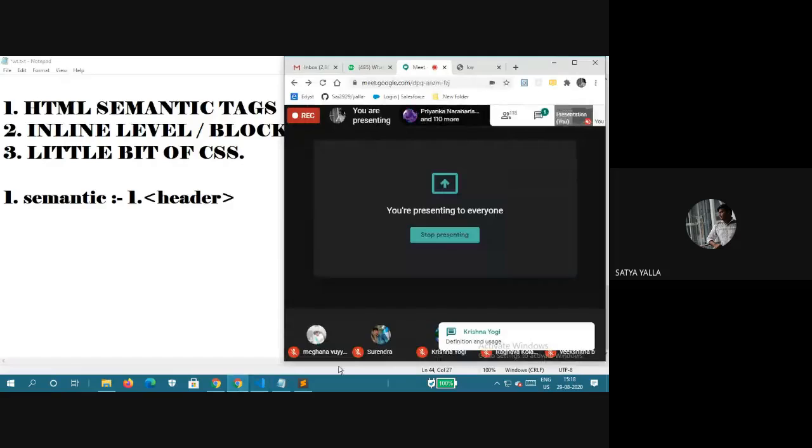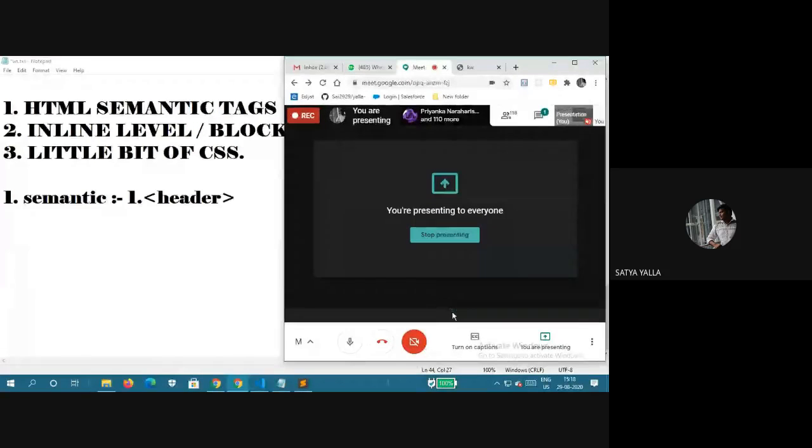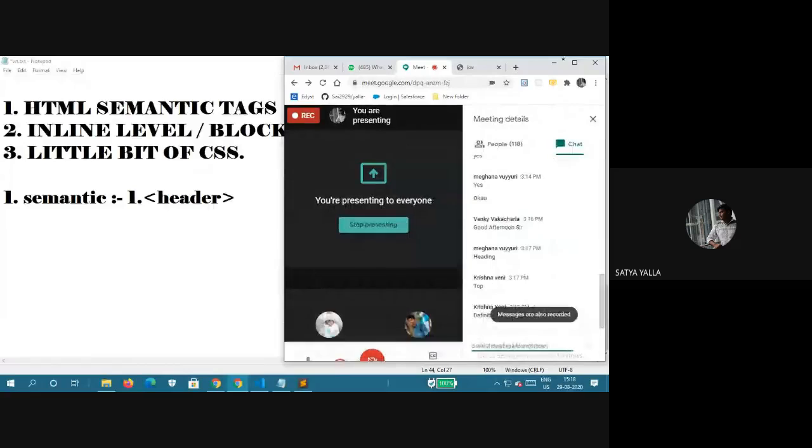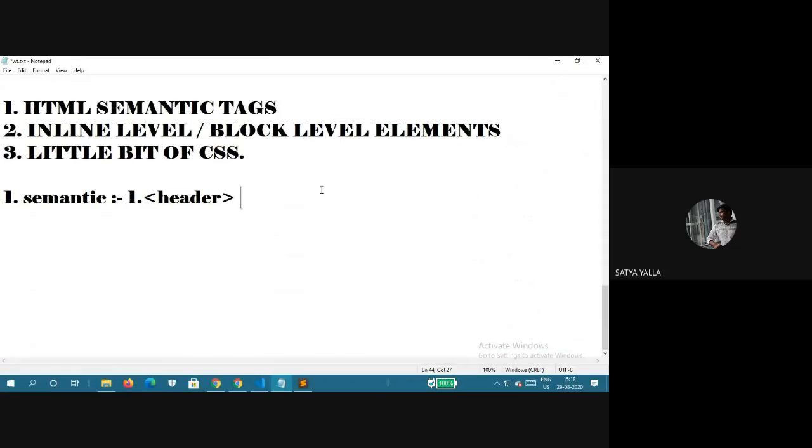Definition and uses. Okay, someone is correct. So the header element represents a container for the content, like a set of navigation links.